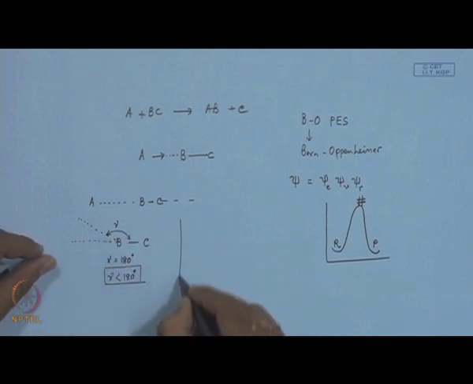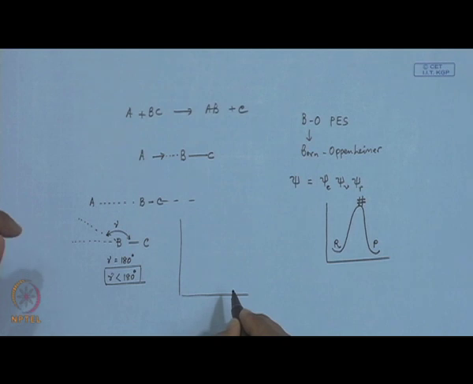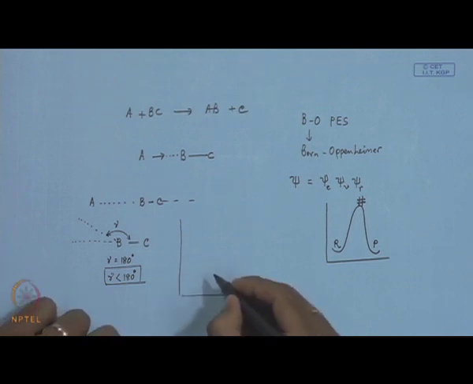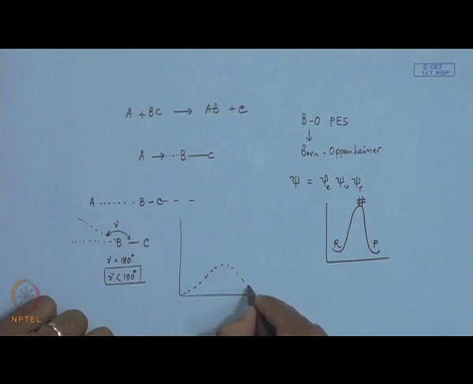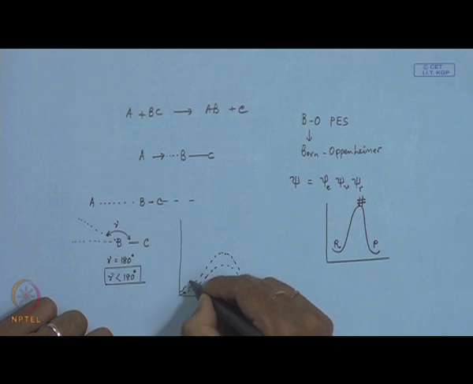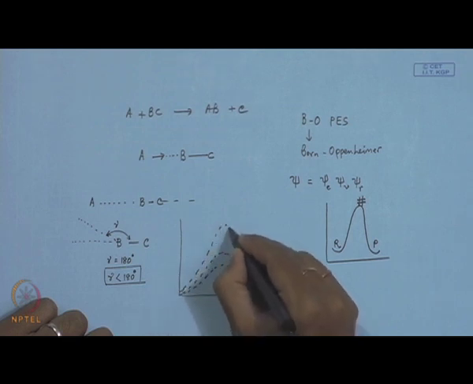So, if you plot basically the barrier height in terms of various angles, then you will see that for this particular reaction the barrier height may be increasing. Okay. Barrier height is still higher for other angles,